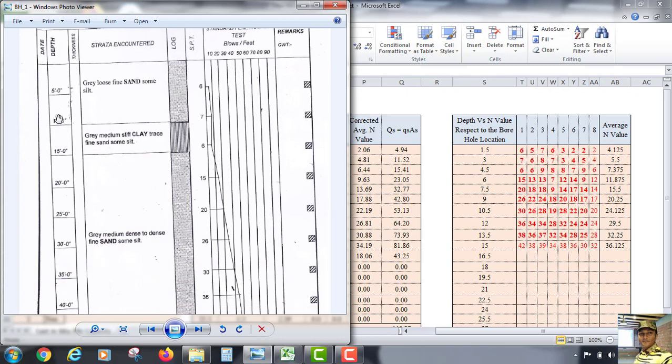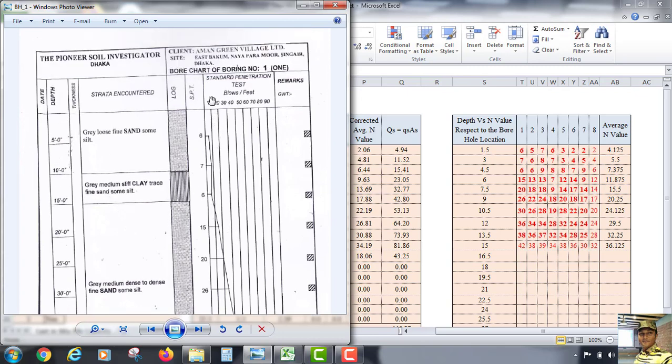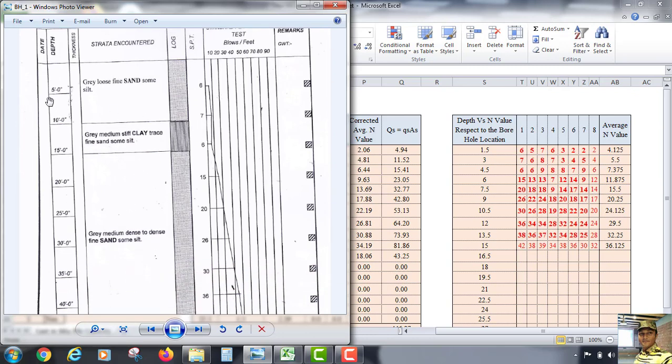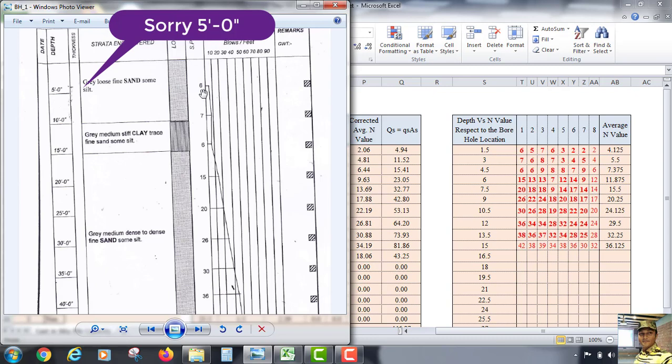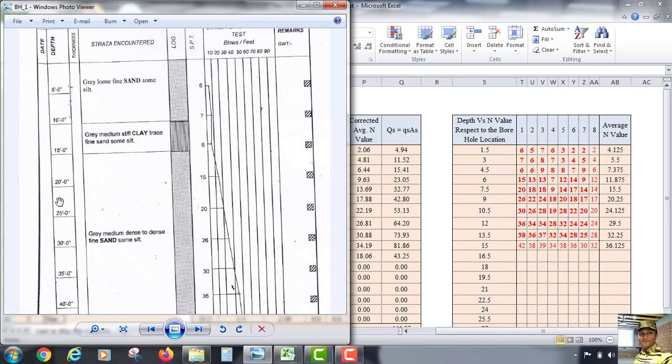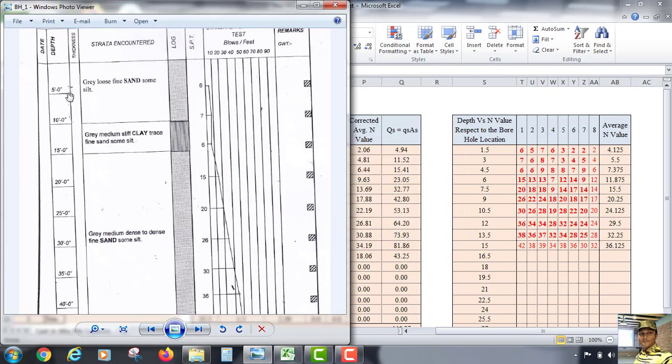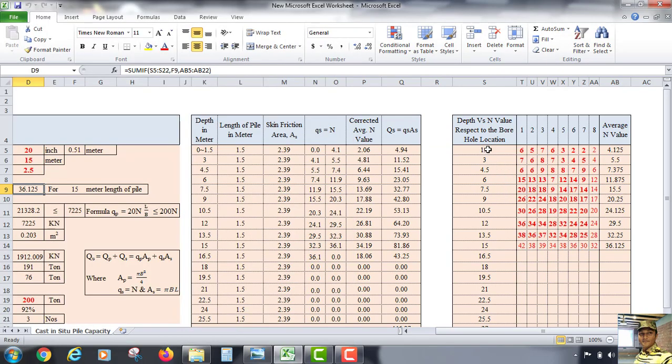See, this is the depth of boring and this is the SPT value with respect to the depth of boring. See, at 5 meter depth the SPT value is 6. I converted the depth from feet to meter, and see, this is 1.5 meter, 3 meter, 4.5 meter, increasing accordingly.